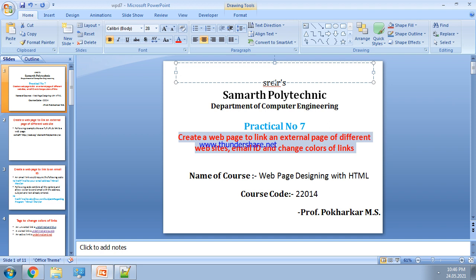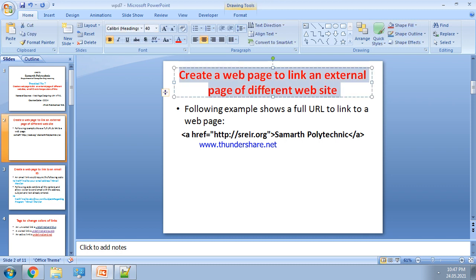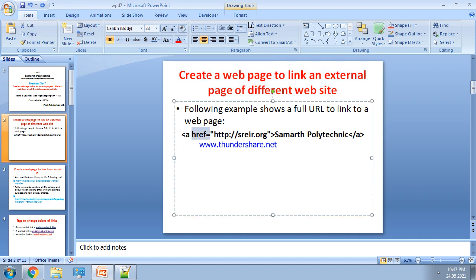So let us understand some theoretical concepts. First is how to create a web page to link an external page of a different website. When we have to link an external website, we have to use the anchor tag with the href attribute, and the website we have to link is mentioned there. The value of the href attribute will be the website where we have to link the page. Now when we run this program, Samartha Polytechnic will appear on the web page,